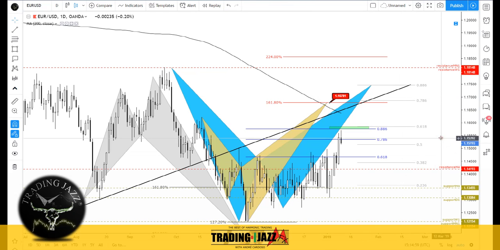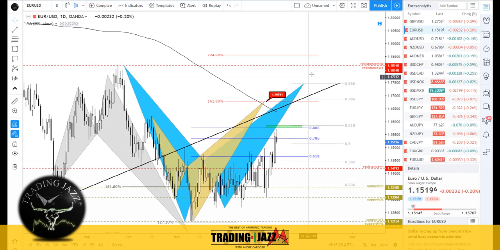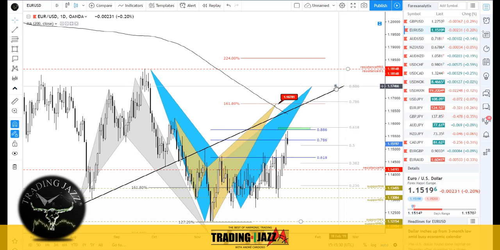Okay. And this is my view on euro versus dollar. I'm still bullish until the completion of those patterns, and even though I need to check the market conditions once the market approaches those levels. For those who are using stochastic or MACD or RSI or any other indicators that you use to identify a potential reversal zone, as soon as the price approaches this level, I advise you to look into those indicators and to search for your best entry